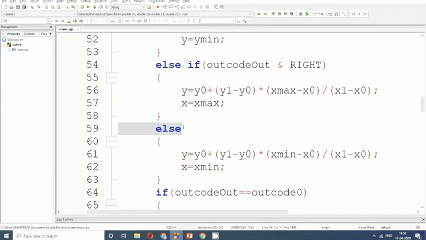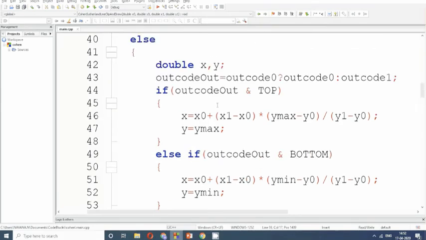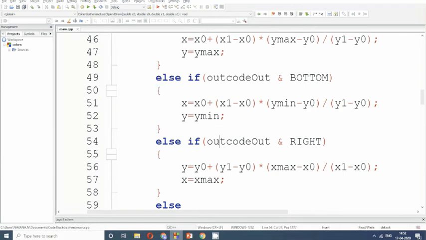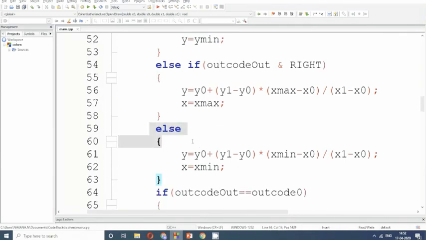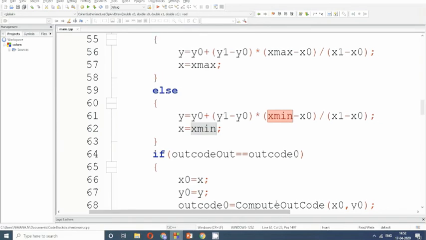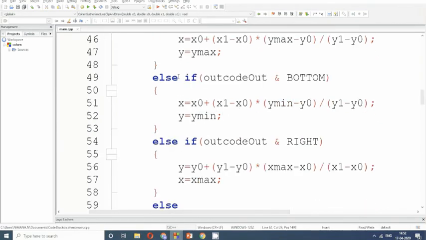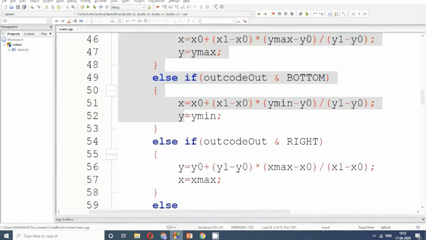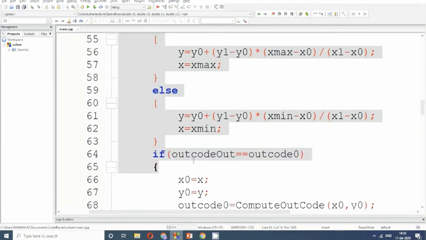We know the point is in an outside region because it's not 0. So we can clearly take a call that since it's not in these three regions, it's in the left region. That's why we have taken else. If it's in the left region, we are clipping it with x minimum. Now these will give us these four.